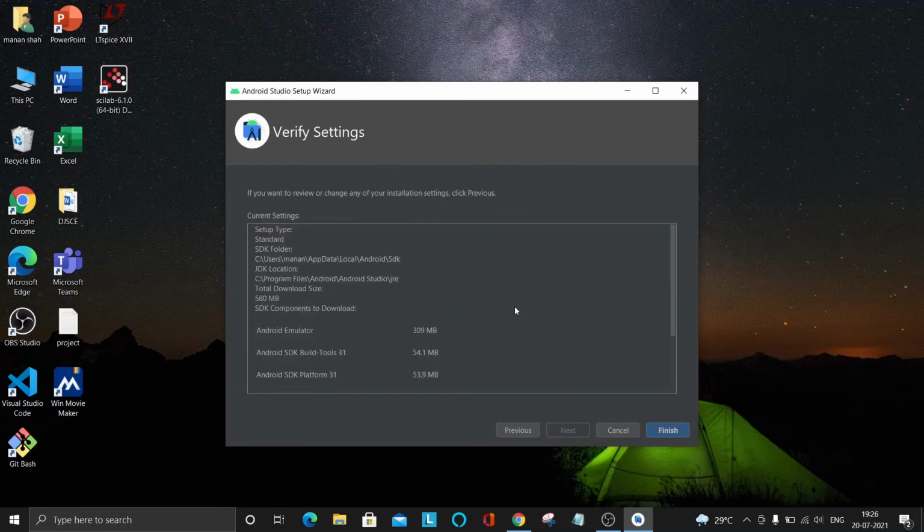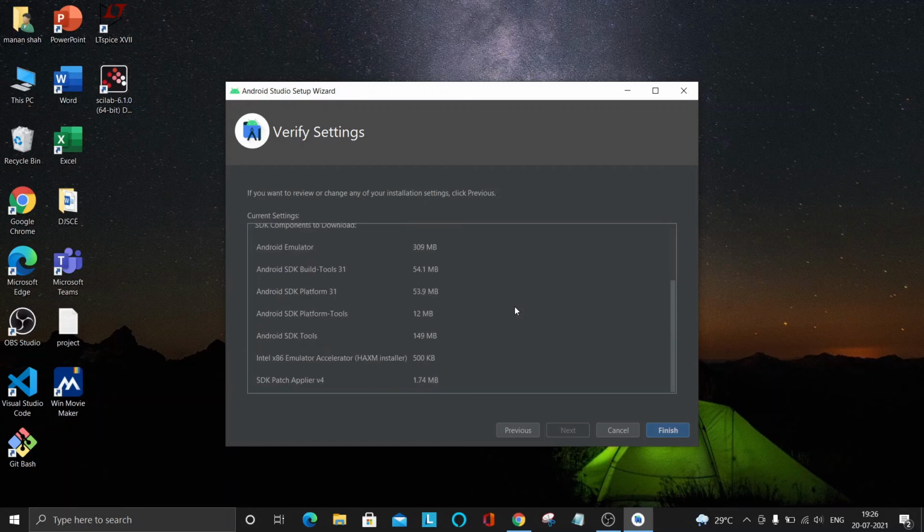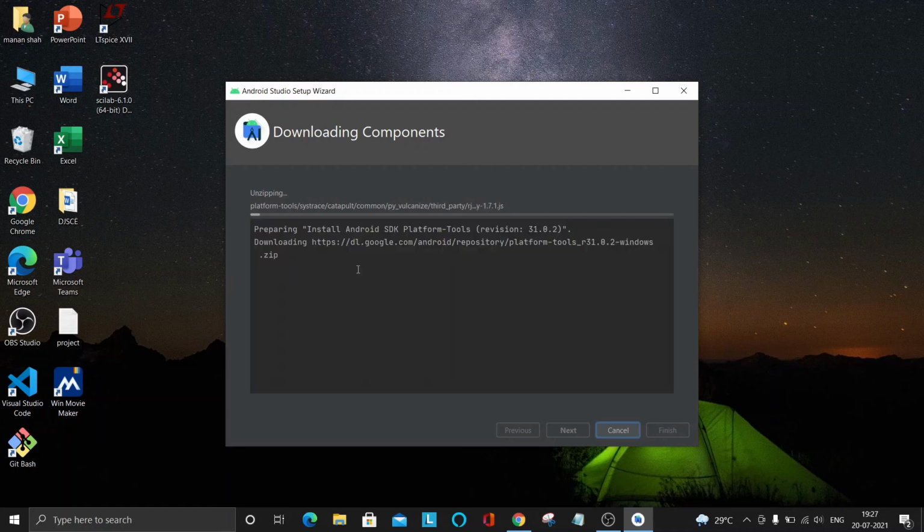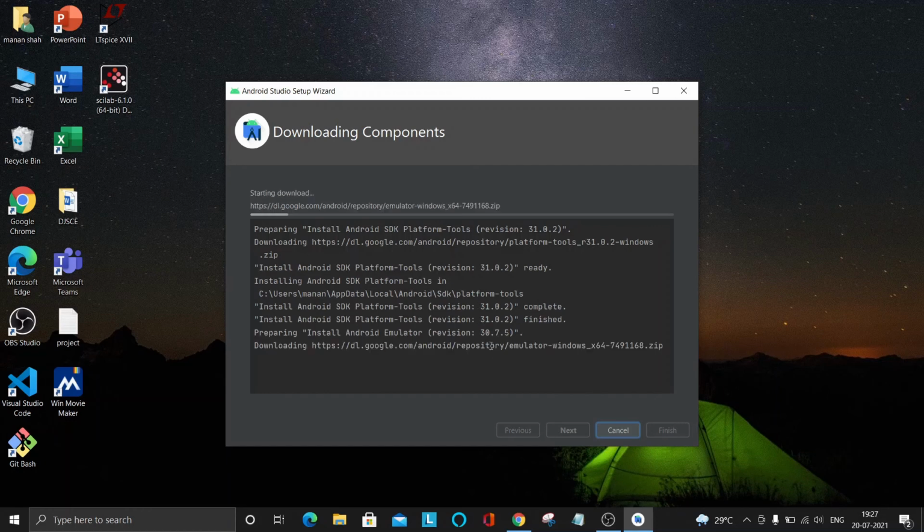Here are all the files that are going to be installed. Click on finish. It is installing. You can click on show details and see what all files are installing.